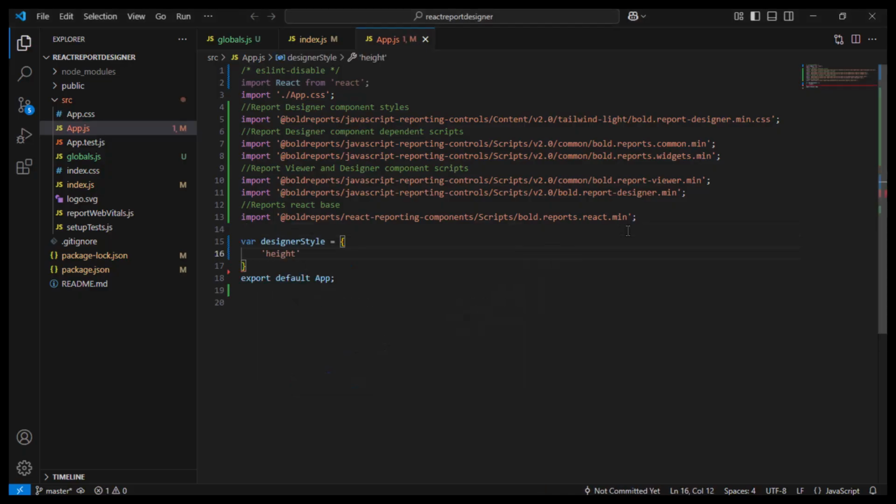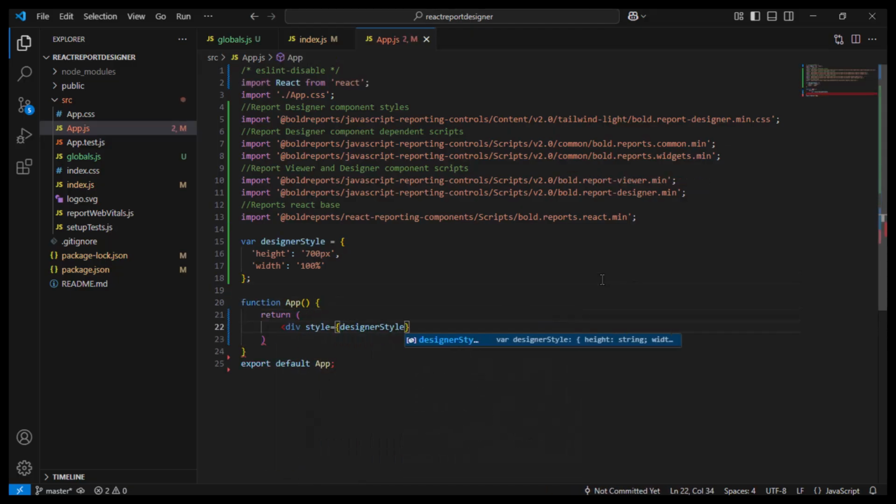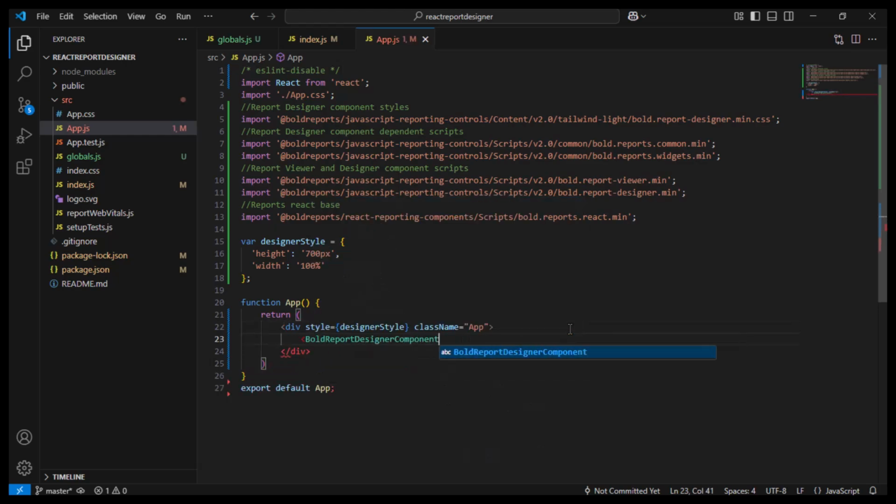Then I declare the designer style variable and assign the width and size for the Report Designer control. Next, I add a div element which serves as the container for the Bold Report Designer on the web page. Inside this div, I add the Bold Report Designer component tag to render the Report Designer. In this tag, I include the ID attribute and assign the value Report Designer container, which specifies a unique identifier